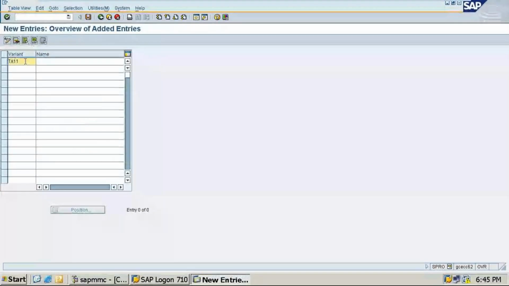Here we have to give the posting period variant for TA11. So click on save. Come back, check the position.